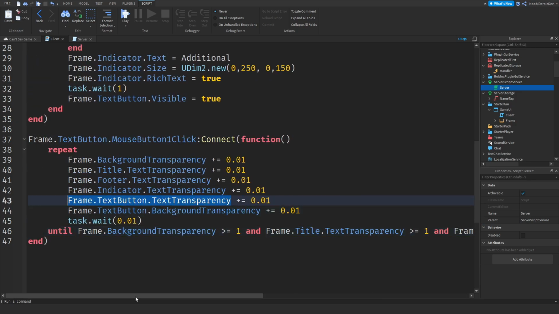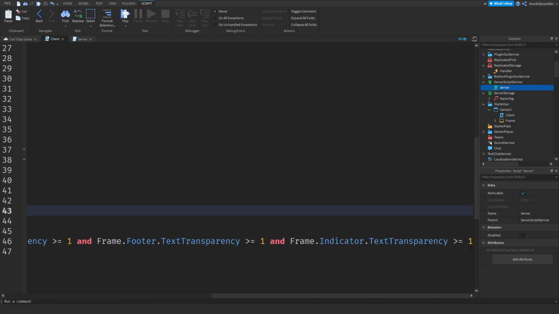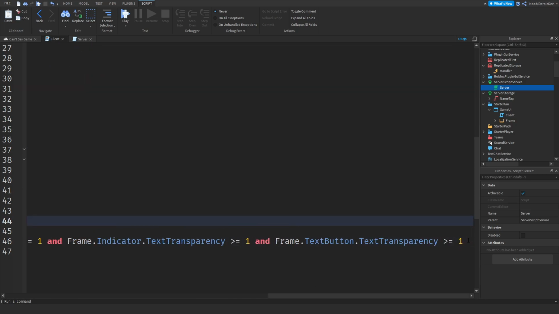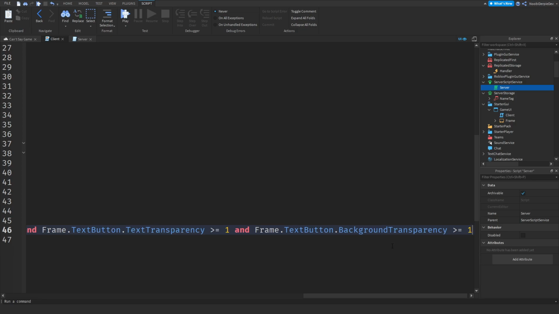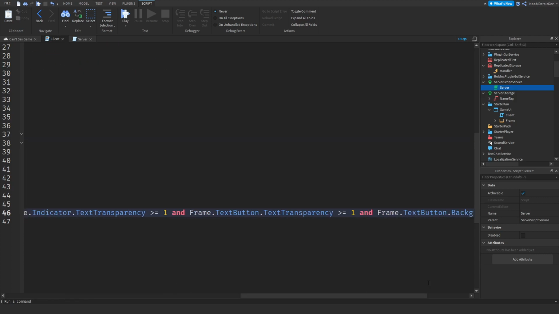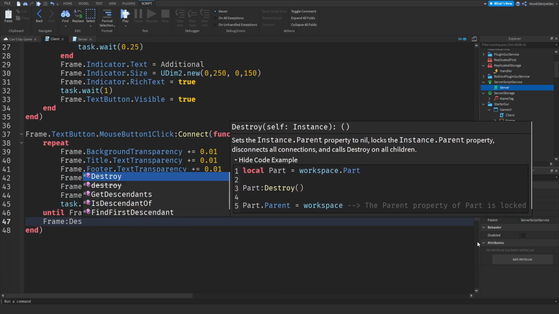So we're going to get this one. And this is higher than 1, like this. And then lastly, this one, and we're going to do this until this one is lastly also higher or the same as 1. So you should have this enormous line. Just paste all of them and add in the same or higher as 1. So now what we can finally do is frame:Destroy.